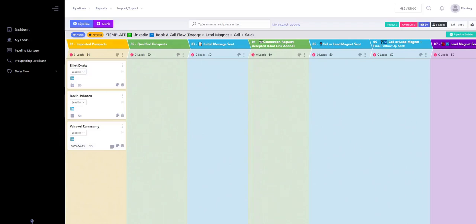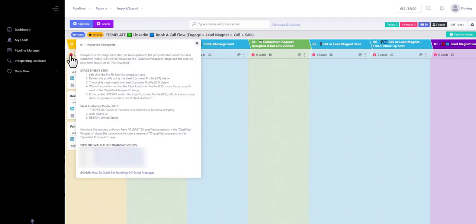Be sure to first update your ideal customer profile. Ideal customer profile are the points that a profile must have in order to become a qualified lead and continue in the pipeline. You can find your ICP template by hovering or clicking over the info icon on the imported prospect stage. For example, my ICP is owner or founder of a business-to-business company, above 20 years old, and lives